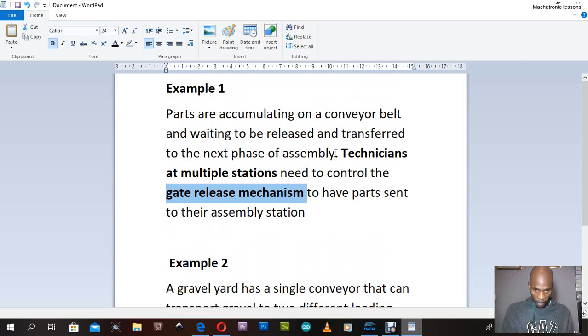So now, guys, let's look at this. The technicians are at multiple stations, not in one station, but they are controlling the gate release mechanism. So that's gonna send parts to their assembly station. Now the assembly station is just one assembly station, okay, only one assembly station, which means